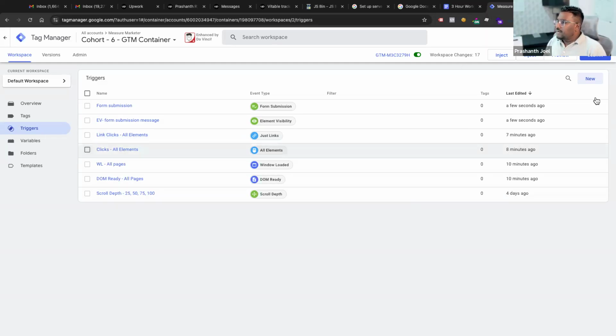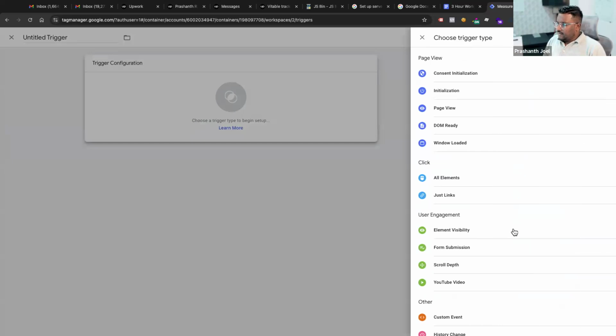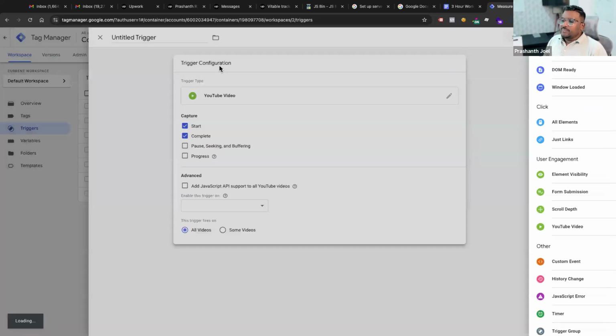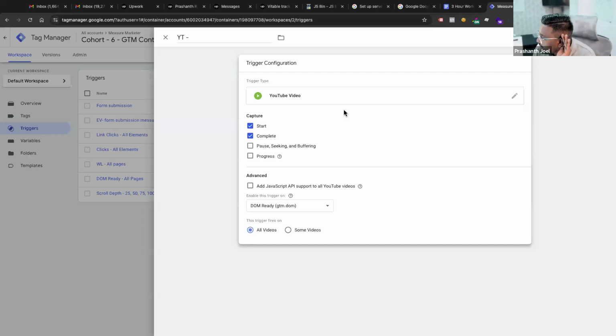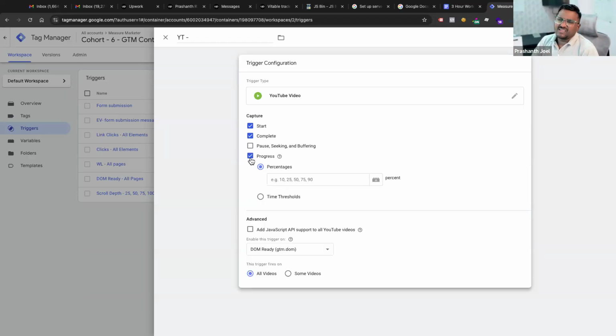Okay, so let's go and create the other triggers. Scroll up, I create a YouTube video trigger. So I'll simply put YouTube like this. In the YouTube trigger, by default, GTM has the inbuilt feature that I can listen to YouTube video interactions on my site. My video is on YouTube. I took the YouTube video and embedded it on my site. So I come here and I say, whenever people start the video, whenever people complete the video. By default, it comes with start, complete, or progress. I want to track how many people have at least watched 50% of my video, or 75% of my video, or